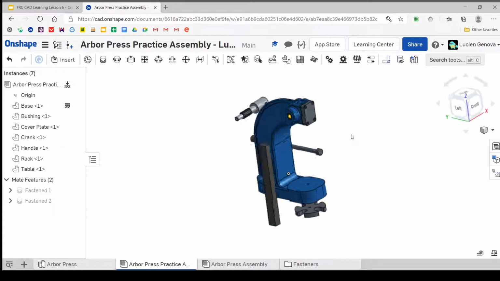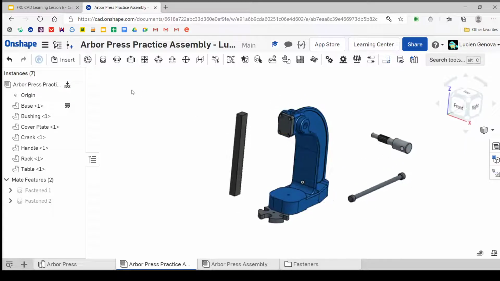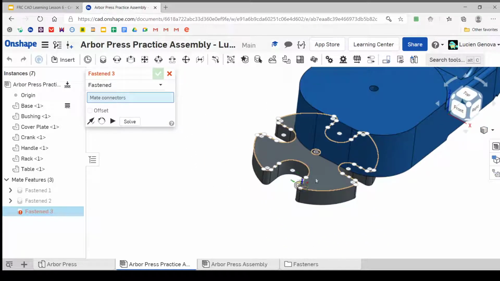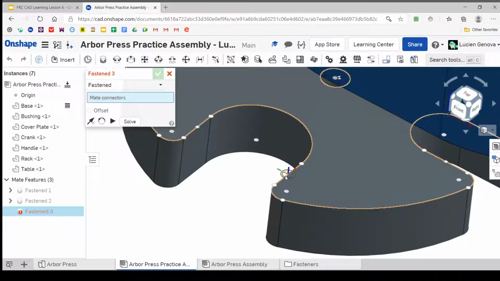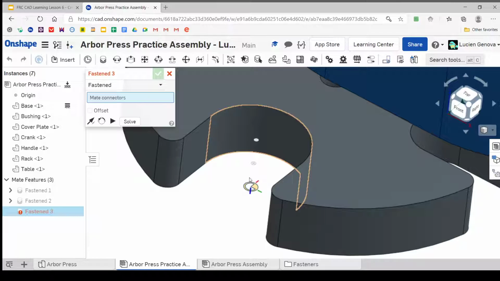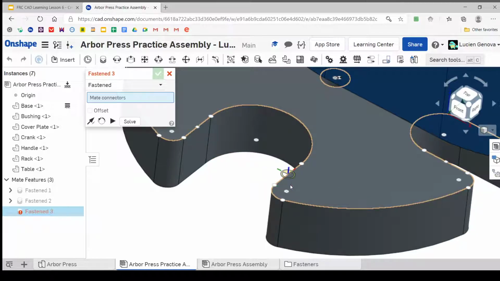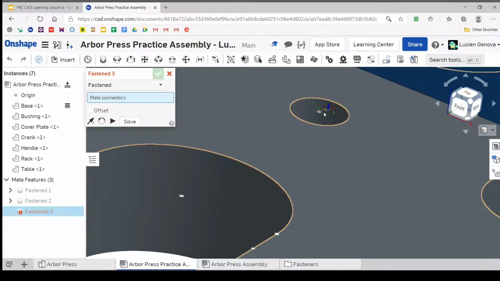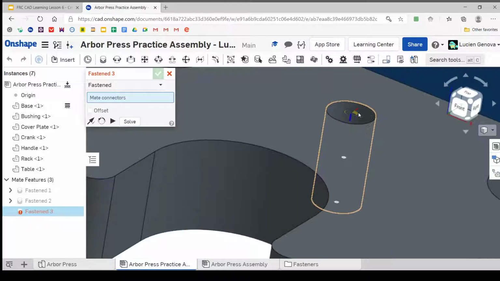No, I lied. Never mind. We have one more fasten mate, and that's this one. And you can see that there are a few more points to choose from here, and that's just going to be the same thing. Edges of lines, edges of curves, center points of curves, cylinders, all three parts of a cylinder, centers of curves again, and centers of lines. And then the center of the whole face as well, and this, actually the center of the hole